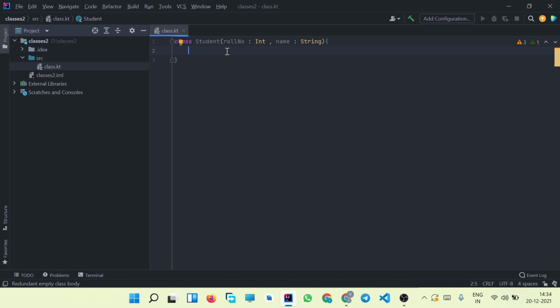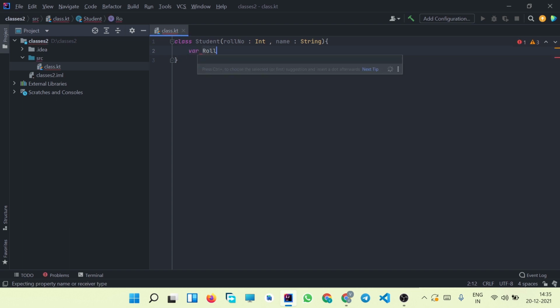Before that, why do we use constructors and what are constructors? Constructors basically help us to initialize the attributes of a particular instance of a class, and the constructors are called at the time when we declare an object of the class. If we want to initialize some values or properties of the instance of a class, we can do it using constructors. So let us declare some attributes of the class.